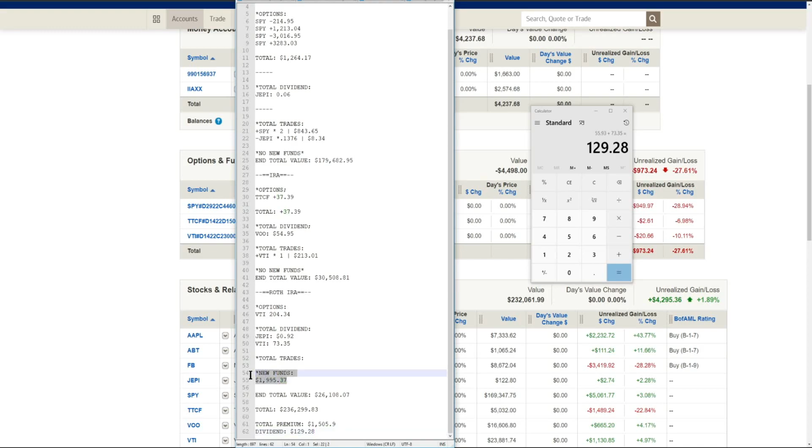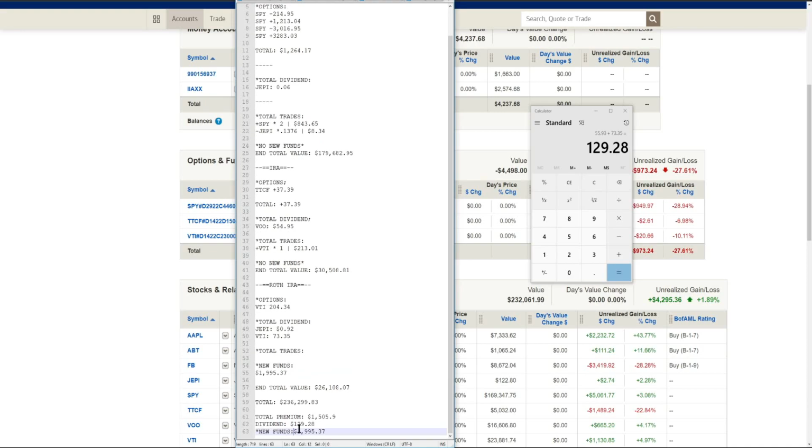And then we didn't actually invest new capital. We added new capital into the portfolios, but I haven't invested it yet. So we just added the 1,000 there as far as new funds. We haven't actually invested it. It's kind of sitting in cash. I'd like the market to pull back a bit more, but you know, if it doesn't pull back,